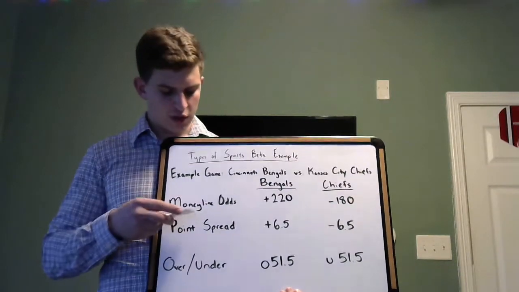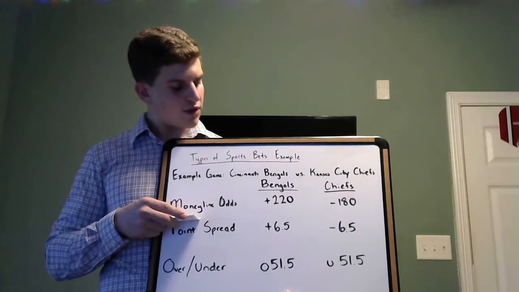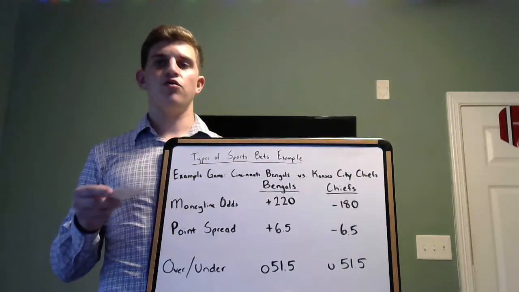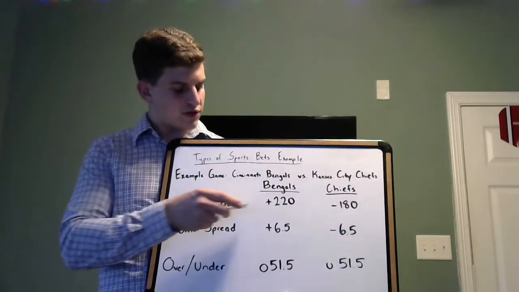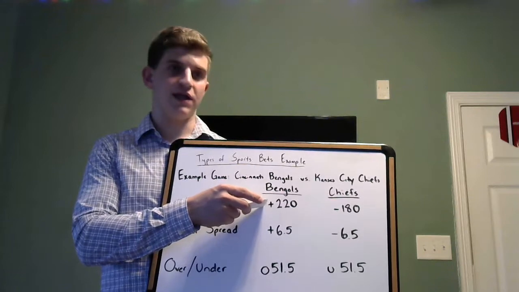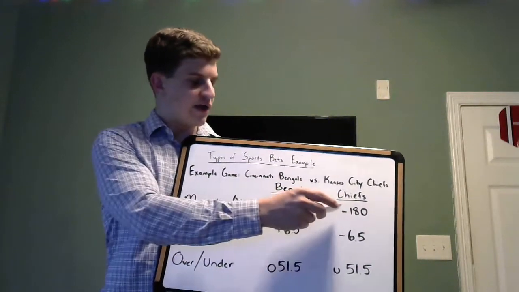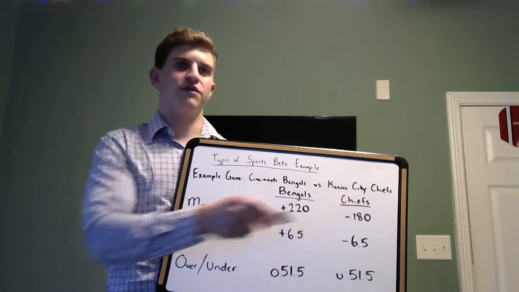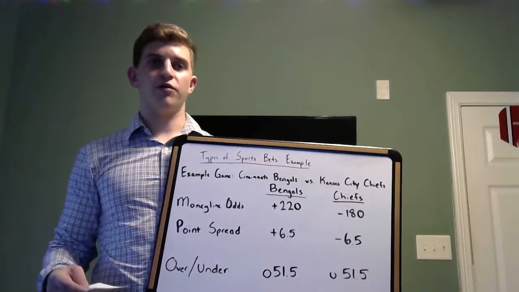The first one you can see right here is moneyline odds, which, like we said, refers to who will be the winner and loser of the game. Now, as you can see, the plus sign indicates the underdog, and the minus sign indicates the favorite. Now, you might be wondering what these numbers mean, and so I'm going to explain because it can be a bit tricky.